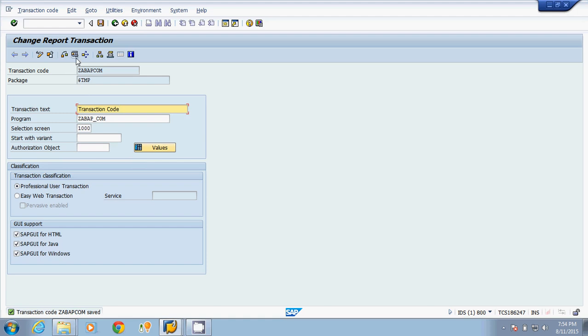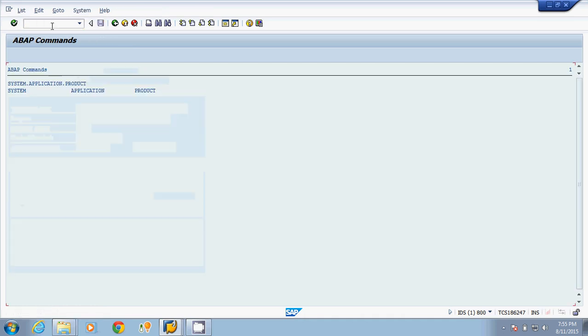Suppose I want to run that program, so I can directly run this program with the help of this transaction code. If I write /n followed by my transaction code name, zabap_com, and press enter, see, I can directly get the output of this program.